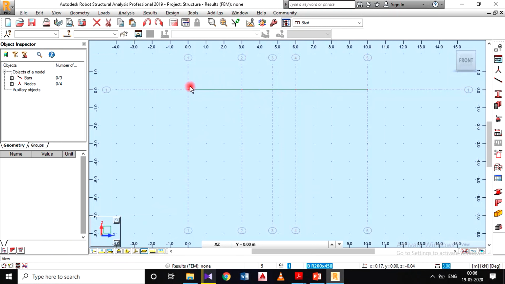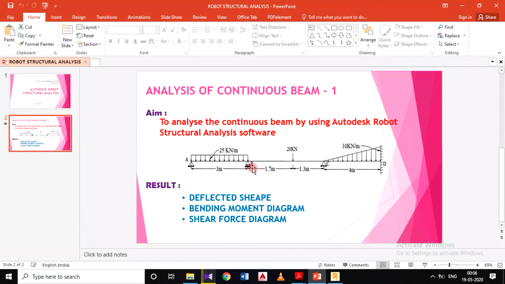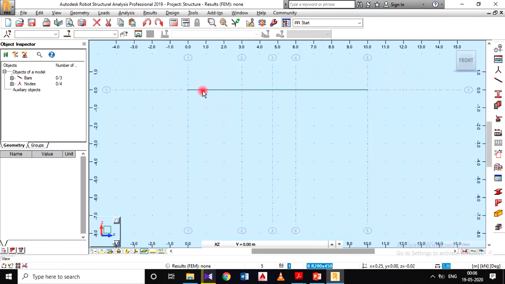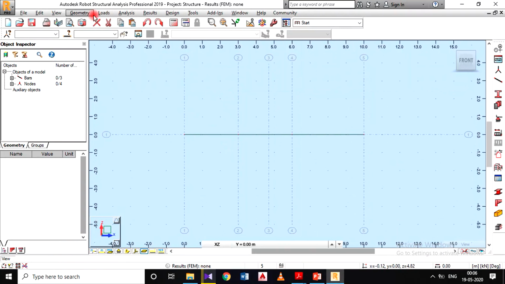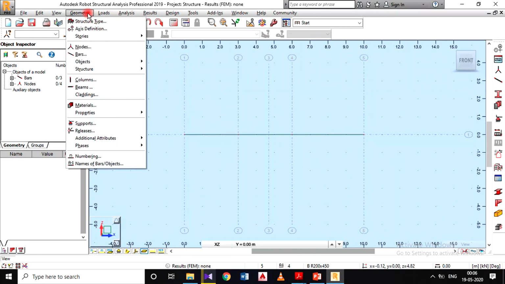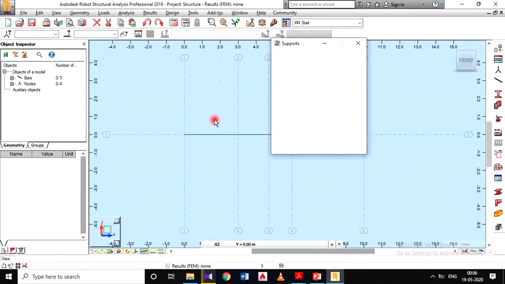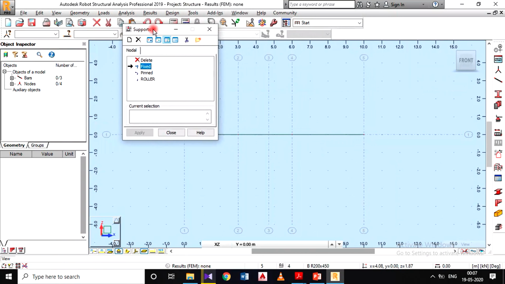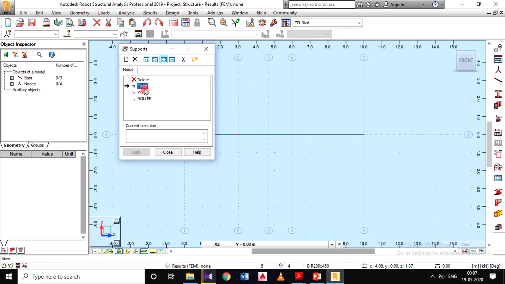Now I need to give the supports. In our problem we have a roller support, a hinge support and a fixed support. For those support conditions, click on geometry, then supports. In this window we already have by default fixed, pinned and roller.